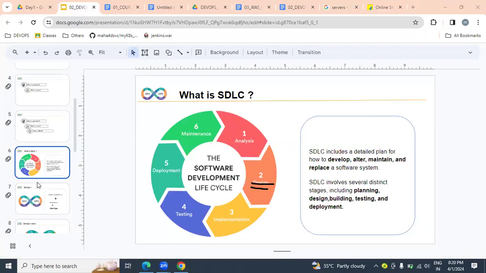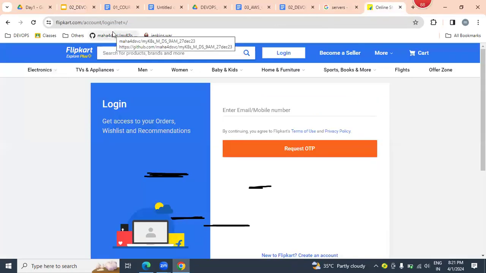Design is nothing but what? Plan. According to the plan, our developers will implement the lines of code by using Java, .NET, Python, or any programming language. Once it is implemented, whether it is working or not, our testers will verify the functionality. Once the functionality is verified, it is placed on hundreds of servers, which you are calling what? Deployment. Once it is deployed on hundreds of servers, we can access it on the internet as a website like Flipkart, Amazon, Book My Show.